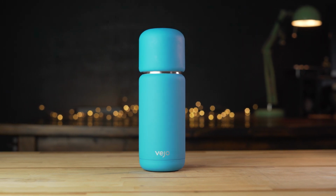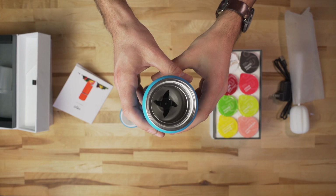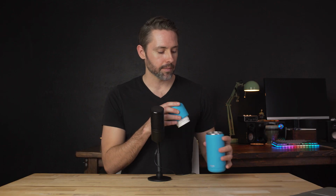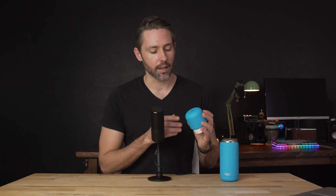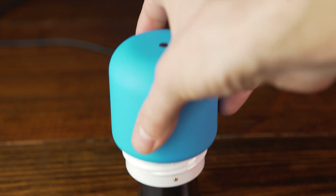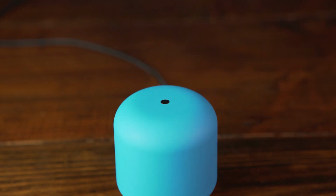You can obviously see there are 2 parts to it. We have the base and the lid. And I'll rotate it, you can kind of see the blades inside there down at the bottom of the base. And we'll get into a little bit more detail on that here in a minute. But on the top of the lid, you can see there's this black dot, which acts as a LED light that gives the status for the Vejo. So that'll let you know the charging status, but then also the blend status